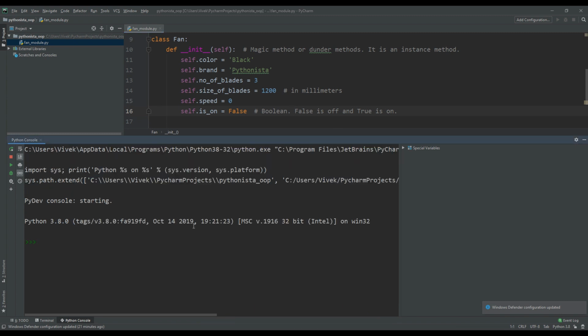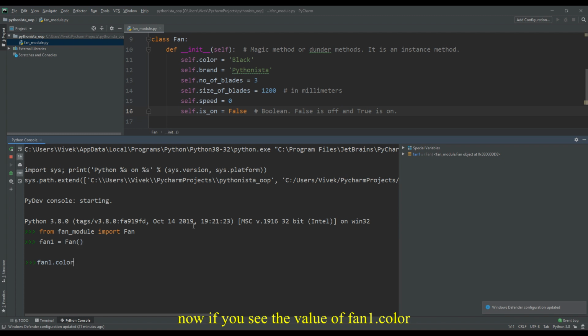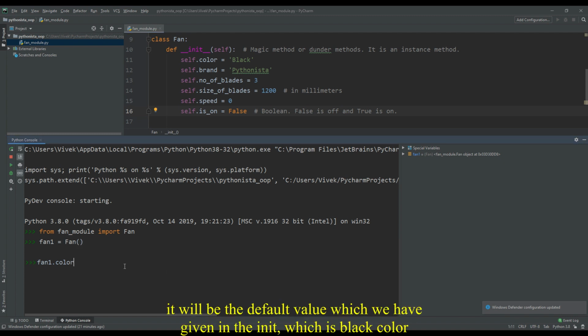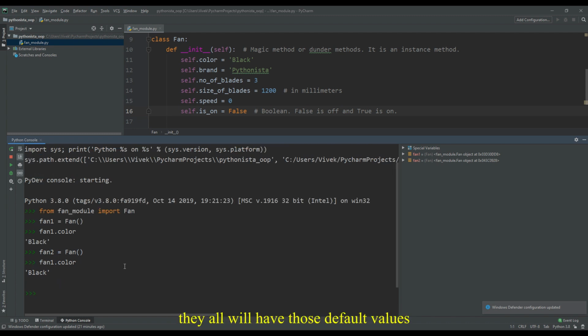Since I have made the changes, I have to import it again. So I have just copied it. fan1 equal to fan. Now if you see the value of fan1.color, it will be the default value which we have given in the init, which is black. So no matter how many objects we create, they all will have those default values.